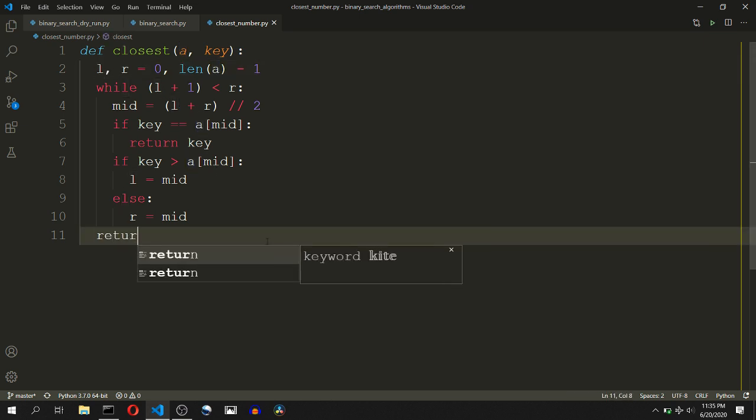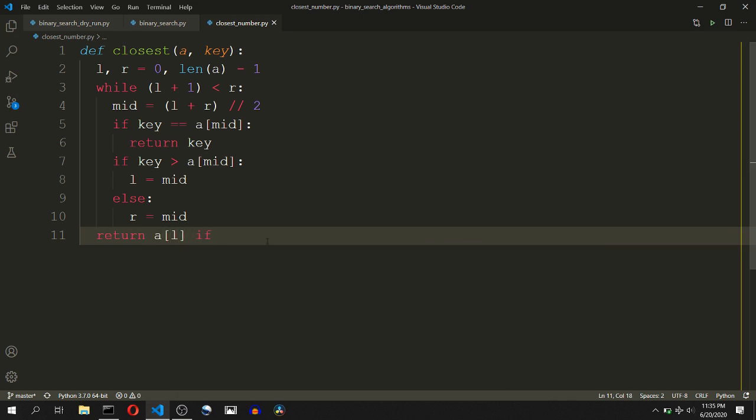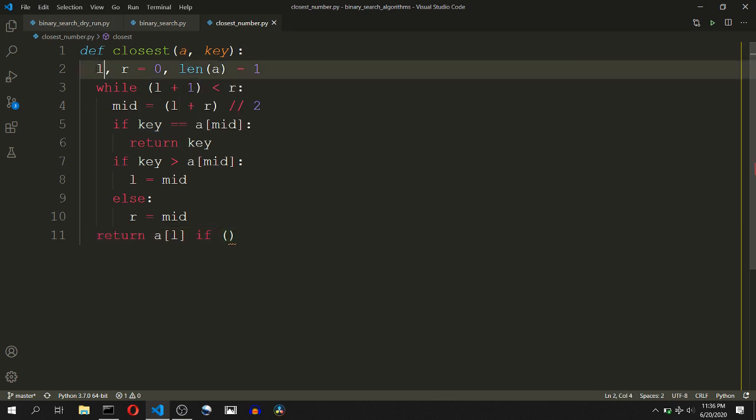Now we will return the left element, that is A of L, if the absolute difference between the key and A of L is small. Now key is greater than A of L, because if the narrowing down has happened correctly, the key will be greater than the left element and lesser than the right element. That is, it will be situated between these two values.